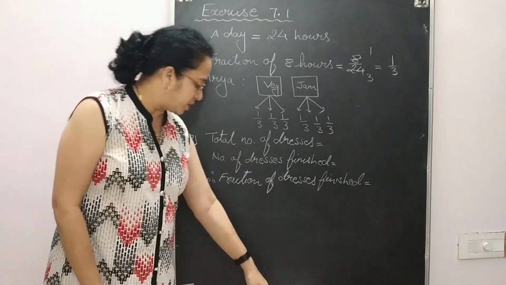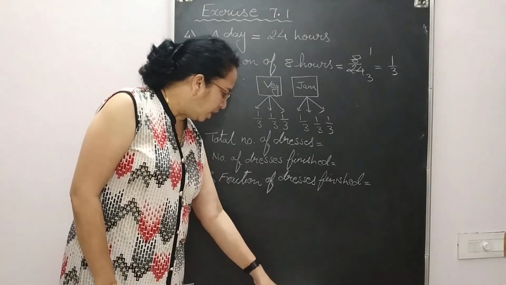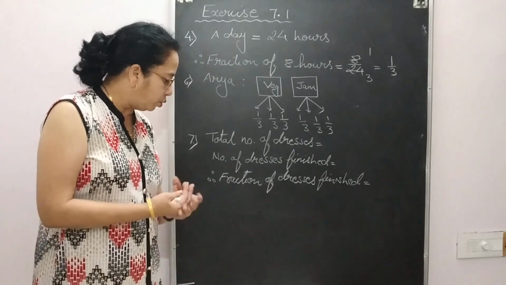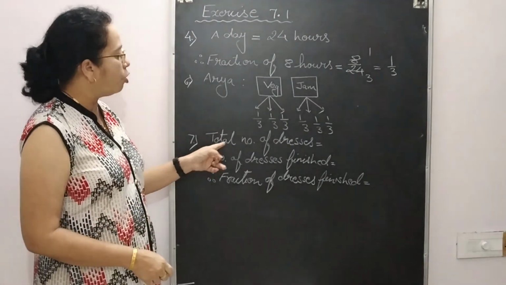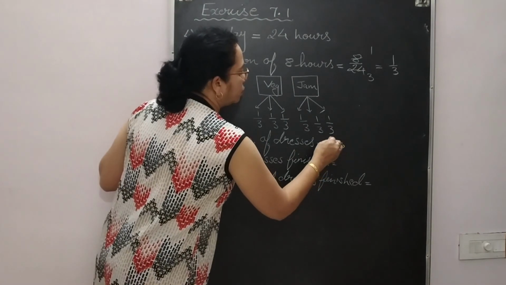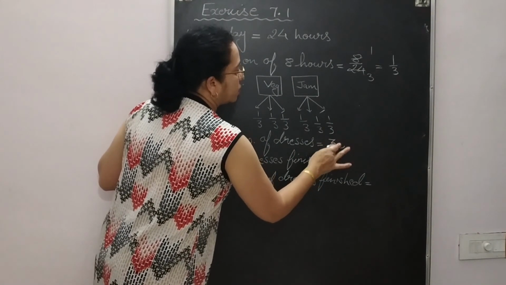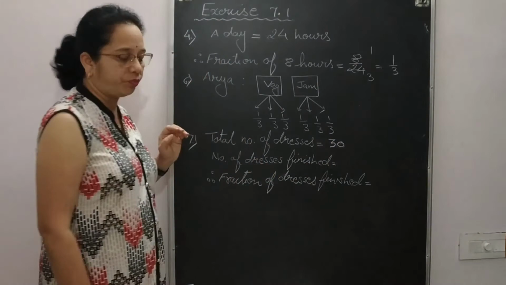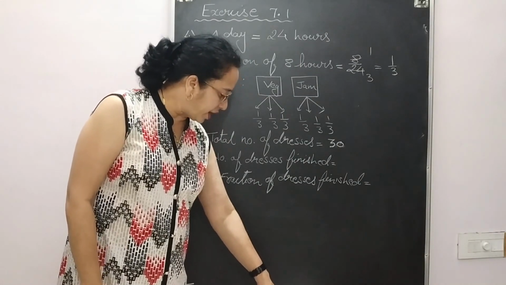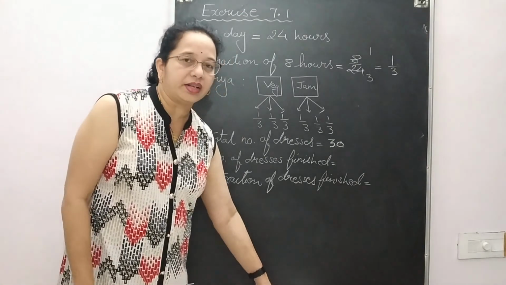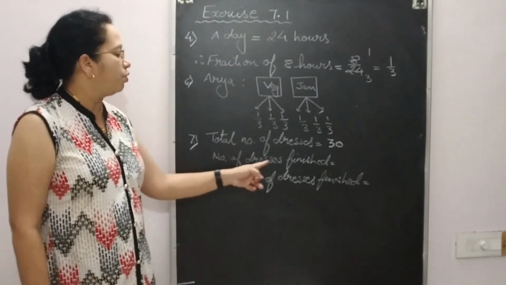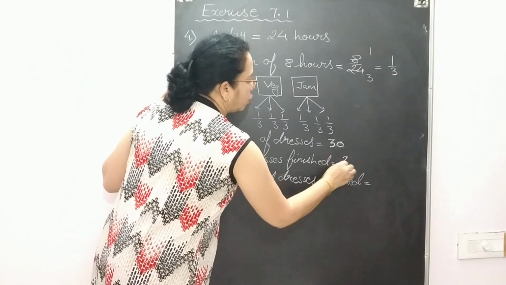Next is question number 7. Kanchan dyes dresses. She had to dye 30 dresses. So how many total dresses are given? 30 dresses, because she had to dye 30 dresses. Okay. The next line. She has so far finished 20 dresses. So from the second line we get the second statement, number of dresses finished, 20.